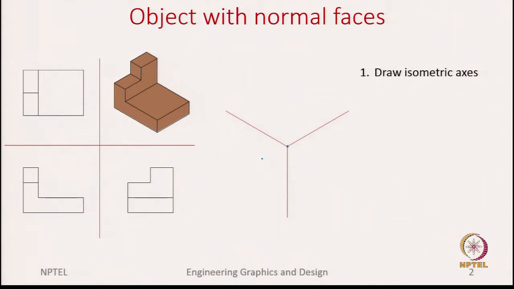Then we need to first decide in this object what is the front view. So, here looking at the orientation of the views, we know that this is the top view, front view and side view, and since the top view is placed above the front view, we know we are in the third angle projection. So, this should be the right side view. Okay. So, which means for this object the front view should be shown using an arrow like this. So, once we show that the front view is this, then we know this is the width, the height is here, and this is the depth. Okay.